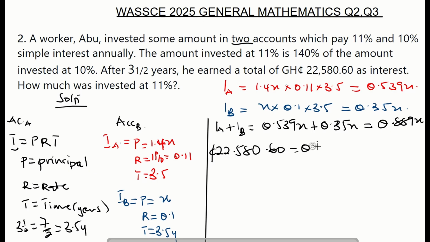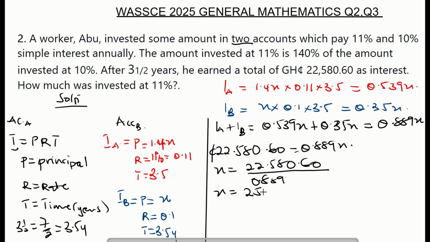So we make x the subject, where x will be 22,580.60 over 0.889. When we divide this, we are going to get 25,400